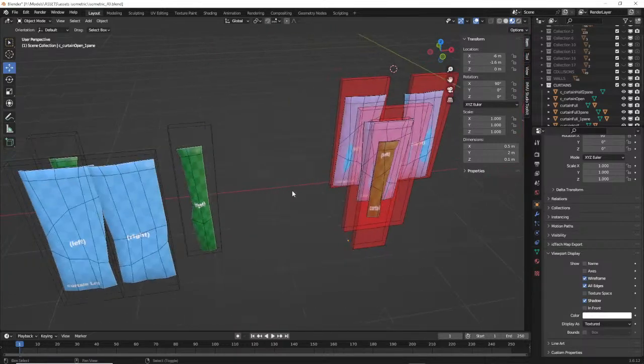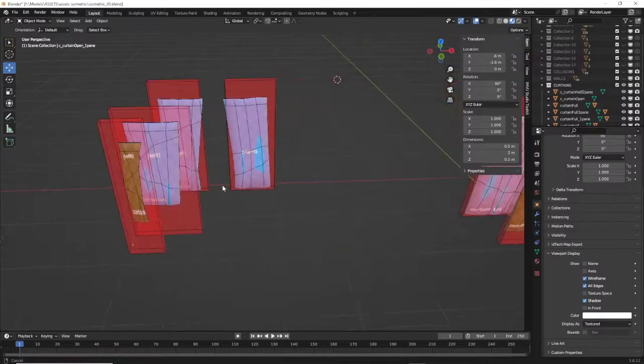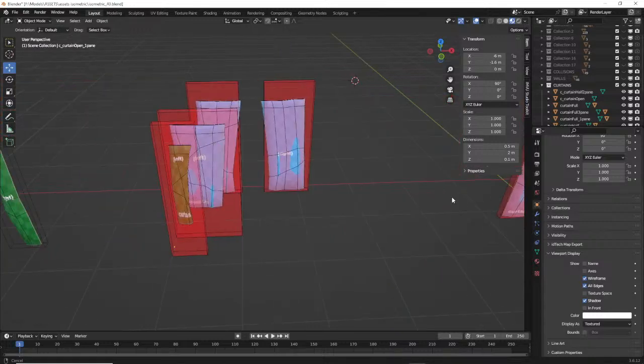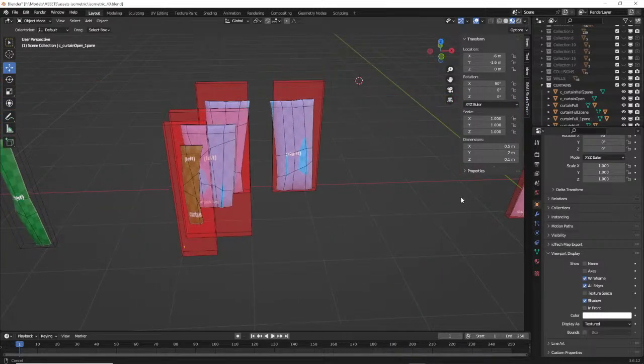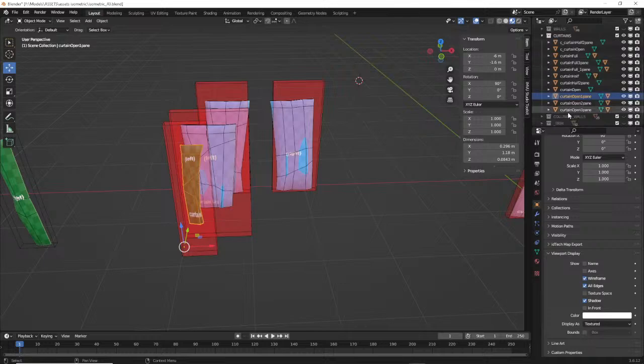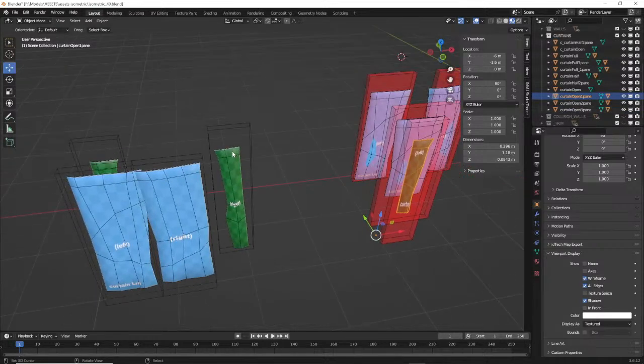So that's the left one. Where's the other one gone? Oh, that's one window. Oh, okay. Yeah, so